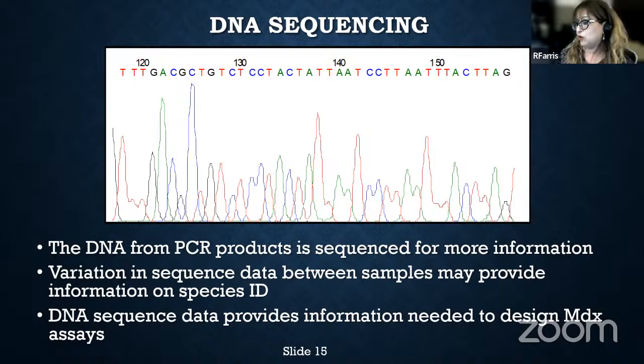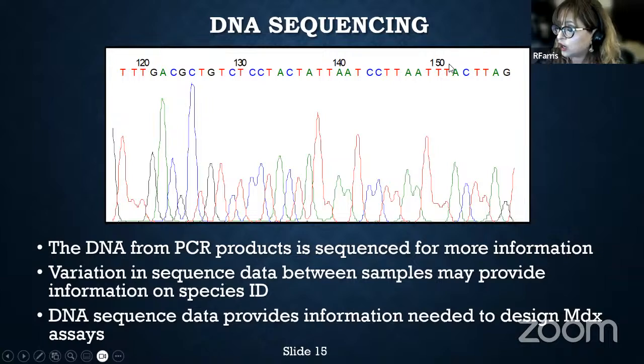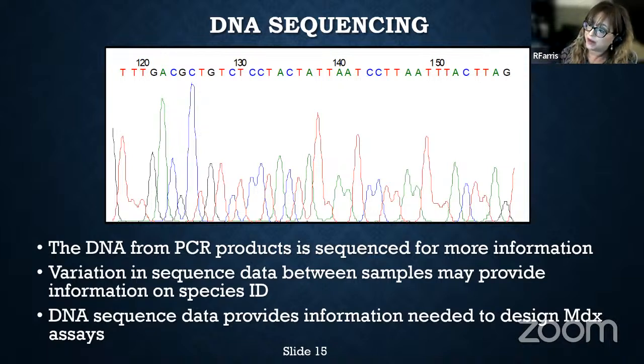So, for example, you might see that species A has this sequence that we're looking at here, but maybe species B doesn't have this little section of TTAA. Maybe it has GGCC. So it's getting down to those specific bases between certain species. Again, I'm just giving a very general example, but we utilize sequence information for developing the tools that we develop. We learn from it. We gather information from it.